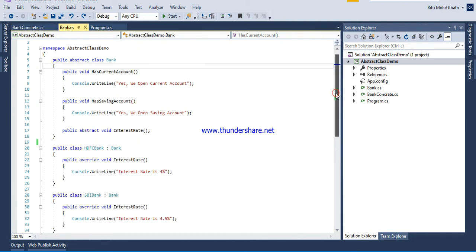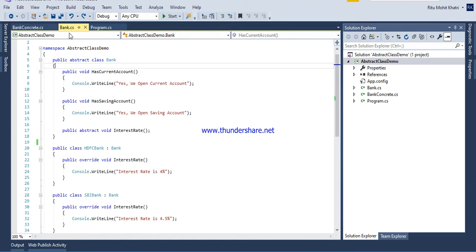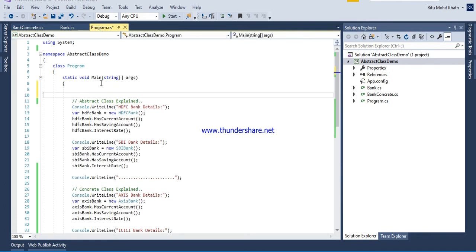The second part is that we can create an instance of this bank concrete class, but we cannot create an instance of the abstract class. Let me show you an example. If I try to create an instance of this abstract class, you see that an error comes.